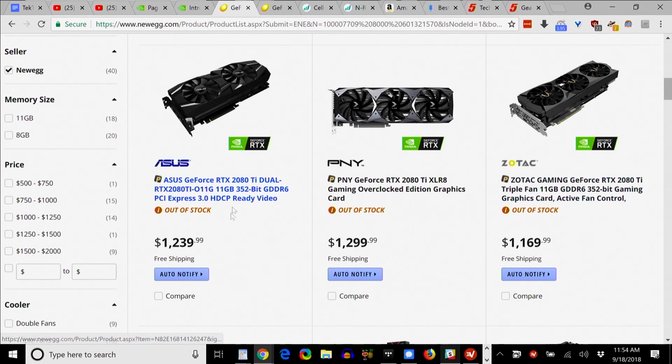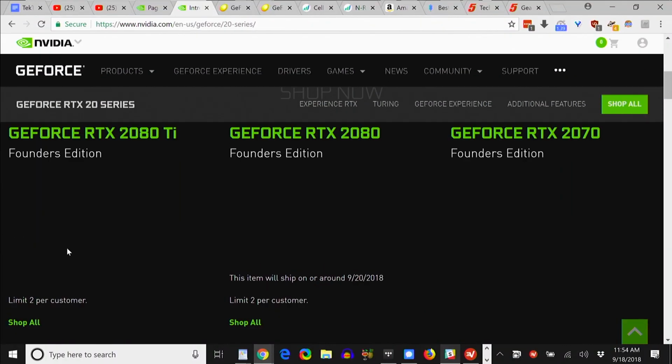These are the 2080 Ti's. Nobody can really order these at this point. So the 2080 ships on Thursday. We have no ship date for the RTX 2070, and you can't even buy one right now. The best you can do is go to Nvidia and have them give you a heads up when it's available. There's no notifies, there's no pre-orders. At least a few hours ago, I could go onto this webpage and try to shop for,